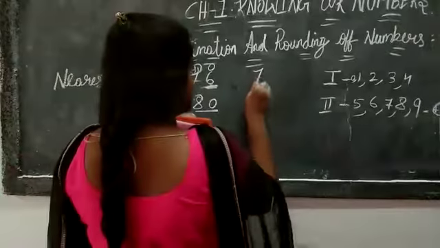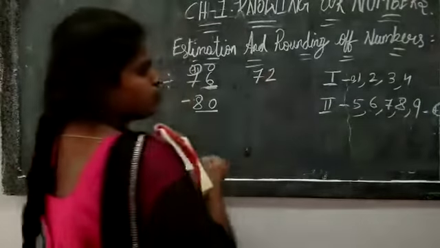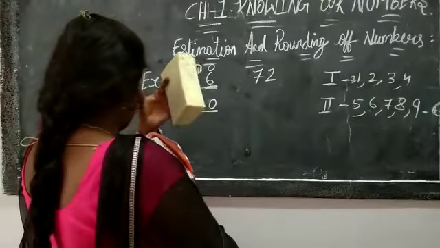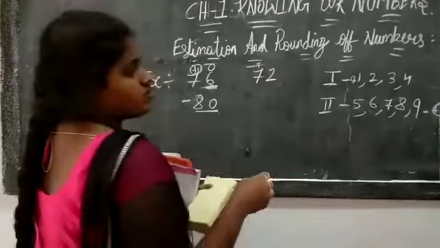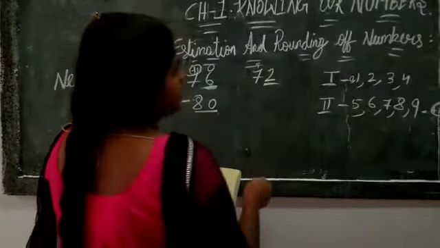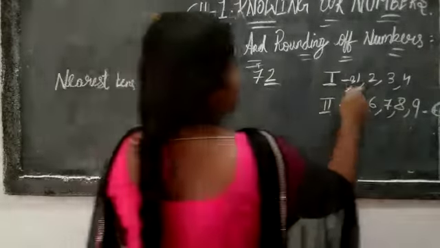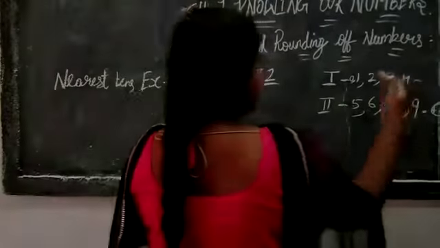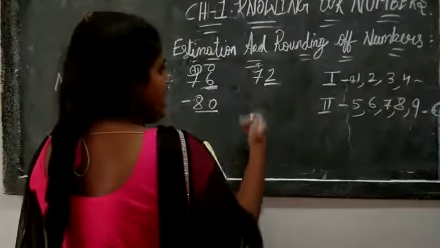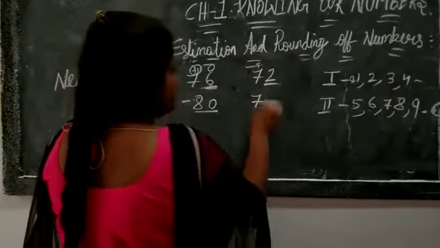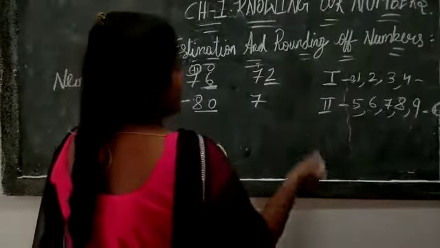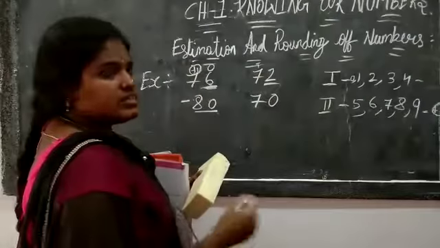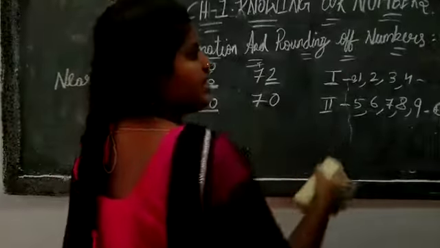Now you see another example. Say 72. Your ones place should be 0, but you need to check your ones place also. Now here ones place is 2. Now 2 means, what I said, no need of adding any number. Just write the tens place number as it is. Your tens place number is 7. So your ones place is 2, no need of adding again. So directly you put 0. This is how you will do nearest tens.